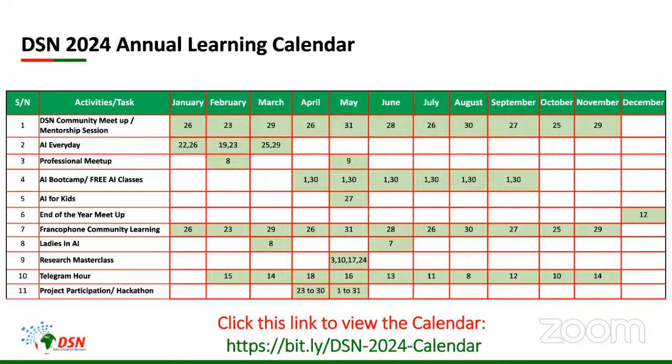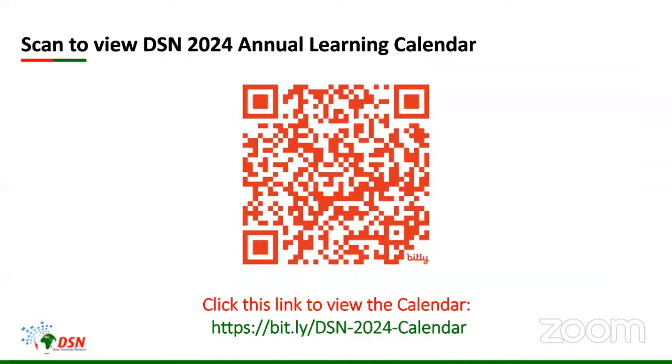And like I told you, we have the Her kids, we have the francophone community. The community is very vast, and we make sure that we keep everybody learning. So you can see the link to the annual calendar. You can do well to copy this link down and get to know what we are doing at every instance of time, or you can just scan this QR code. I'm going to be leaving this up for 10 seconds so that we can all scan this QR code so that you can be aware of what DSN is doing at this point. You can quickly check your calendar and get to know what we are doing.